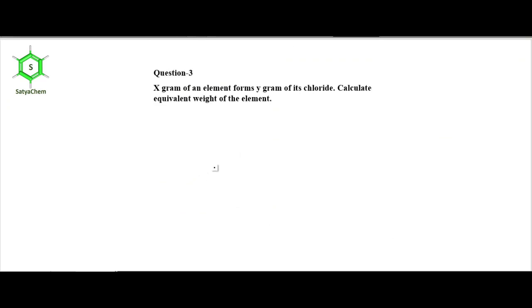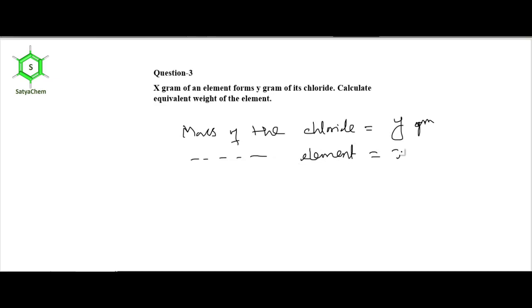Next problem states that x gram of an element forms y gram of its chloride. Now calculate the equivalent weight of the element. Here the mass of the chloride is y gram and mass of the element is x gram. Now we need to calculate